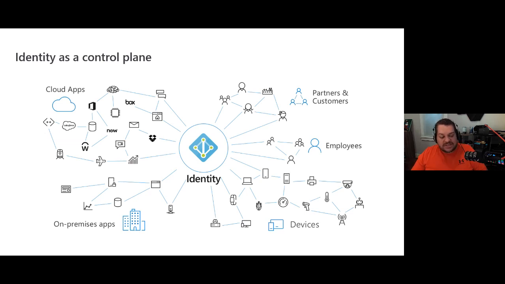Everything on this right-hand side of this slide is just ways that our identity is ingrained into all these applications we use, because identity is this control plane of everything that we do with these